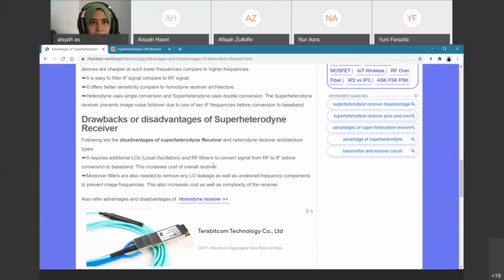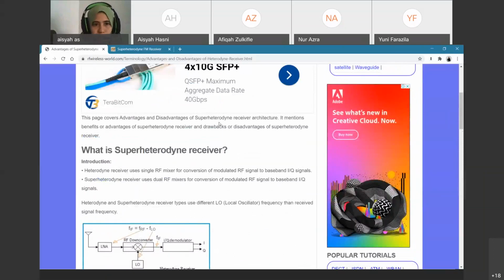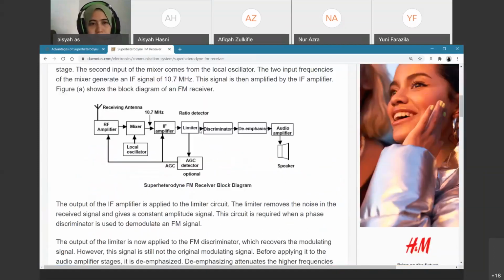Okay, thank you, Uni. Okay, can you share again the block diagram of the superheater? Okay, this is the